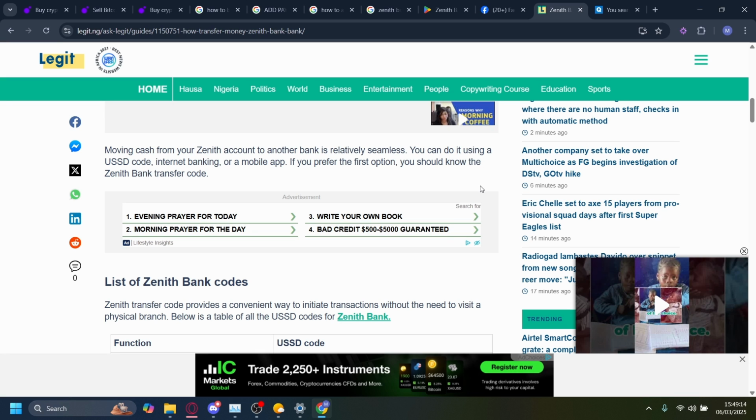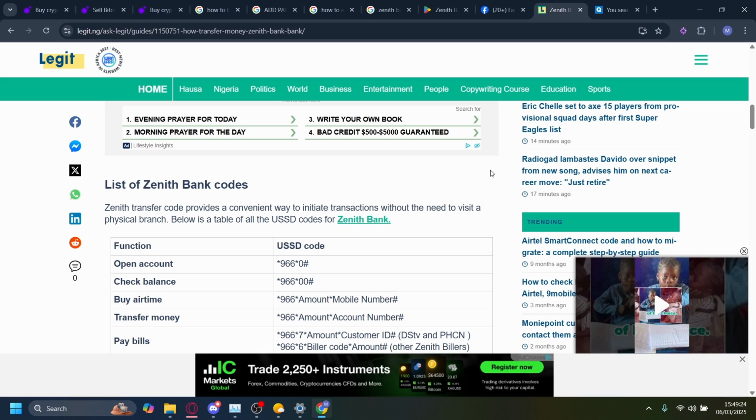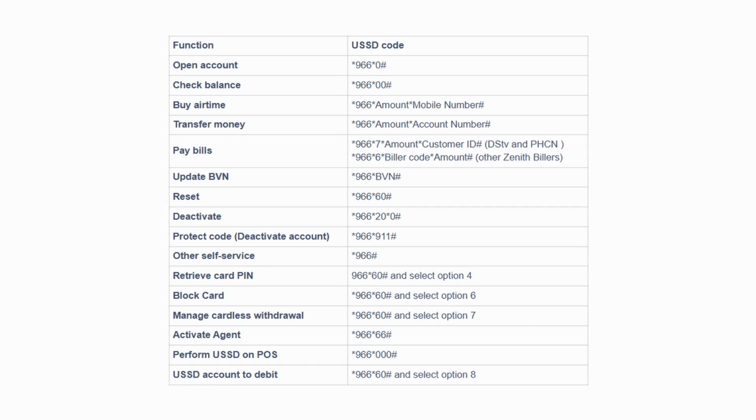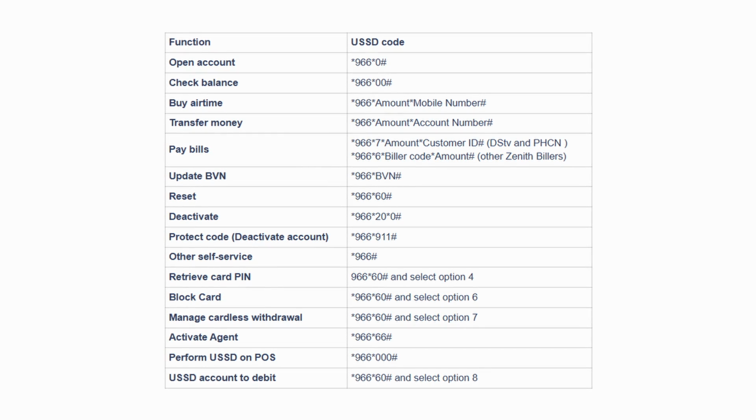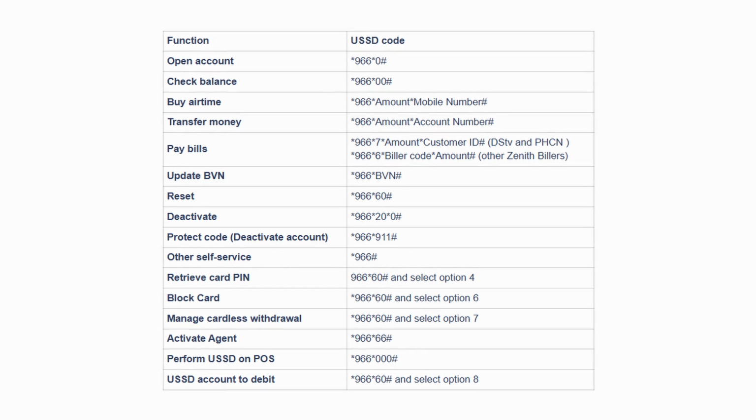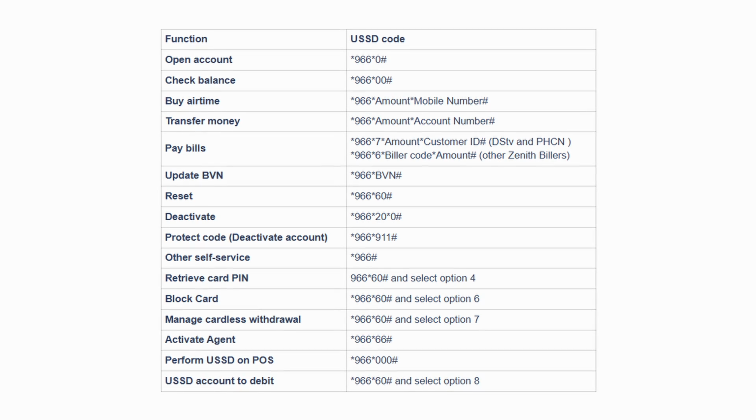I'll show you how you can transfer from the Zenith bank into another bank. Now, there's a couple of methods we can do this. First off, we can do a bank code method. Now, the way we can do this is that I'm going to show you a USSD code table for the Zenith bank right now. Now, you can see if you have that code, now you just have to go to the transfer code from the Zenith bank, which is *966#, and for the transaction to go through, the